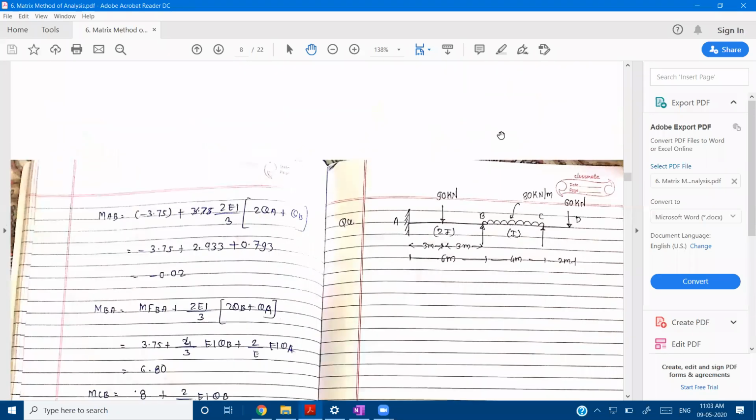So likewise, you have to analyze a beam using the stiffness matrix method. So this is it for today's lecture. In tomorrow's lecture,